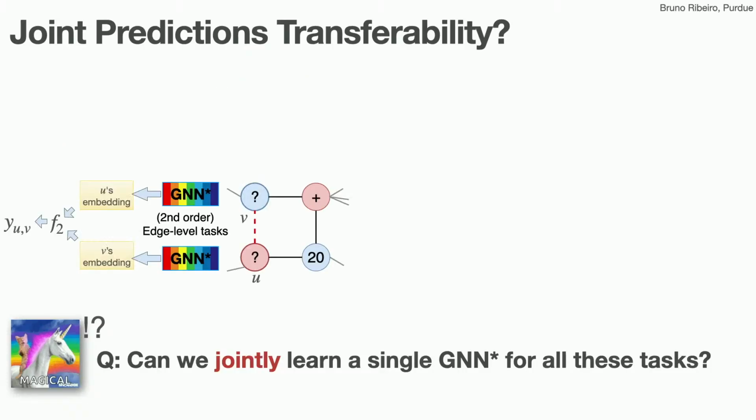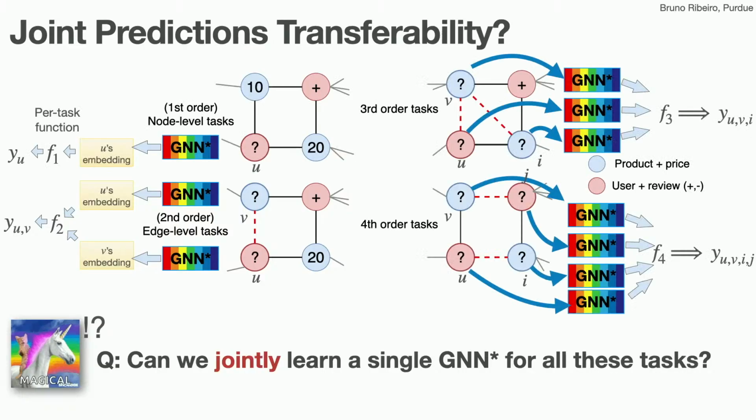Now let's look at another task. Let's say that we are trying to predict edges. So we have these two graph neural networks creating embeddings for these two nodes, U and V. And now we pass them through the MLP and predict some joint property, right? For instance, if there is an edge between U and V. But why stop at 2, right? Second order. Let's do third order, fourth order. Let's try all the possible tasks we can train on this graph and other graphs, because different graphs will have different tasks. My question is, can we jointly learn a single graph neural network for all these tasks? Okay, we just use the same GNN.